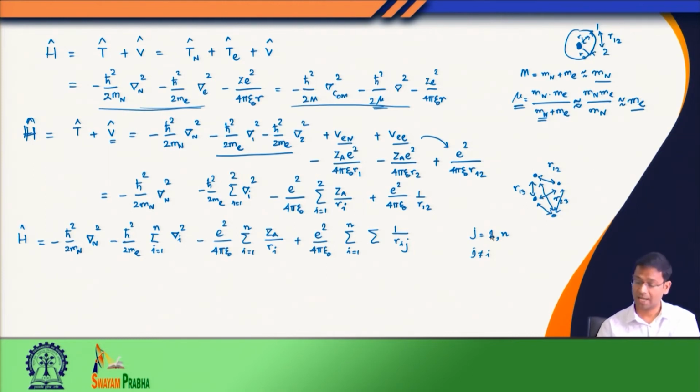So one way is to write j goes from 1 to n, j not equal to i, but then I am double counting, so I must multiply this term with a half. The other way is to write it for all values of j greater than i. If i is 1, then j will be 2, 3, 4, 5, and so on, so 1 2, 1 3, 1 4 kinds of interactions are taken care of. When i is 2, j has to be greater than i, so it will not consider 2 1; rather it will consider 2 3, 2 4, 2 5. This way I wrote down this